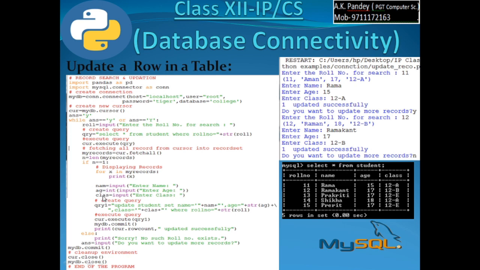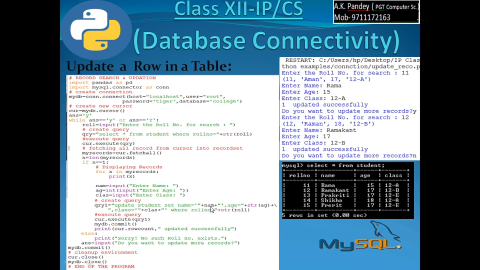Once it has been entered, then the query can be framed: QRY = update student set name is equal to, within single quote, NAM's value, single quote close, comma age is equal to str of AG, plus comma class is equal to, within single quote on this side and that side also, CLAS, where roll number equal to str of ROLL.